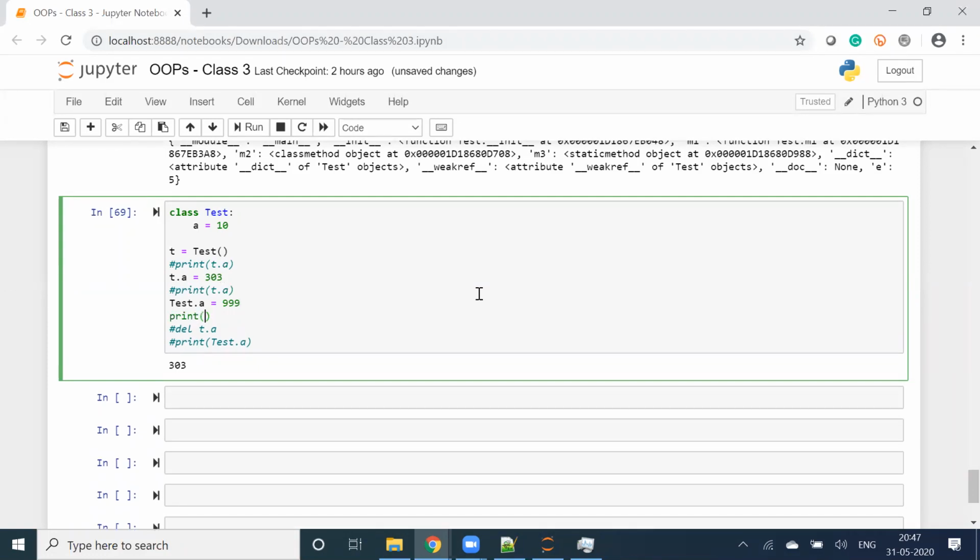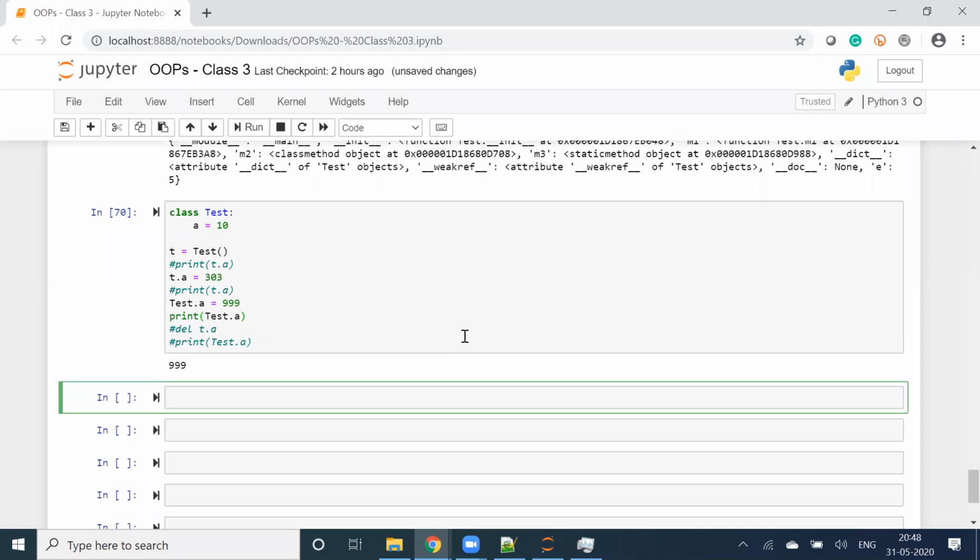Print test.a. Test.a equal to 999. Can I say that it updated the static variable from 10 to 999, and when I print, it will give me 999? Perfect. Okay.